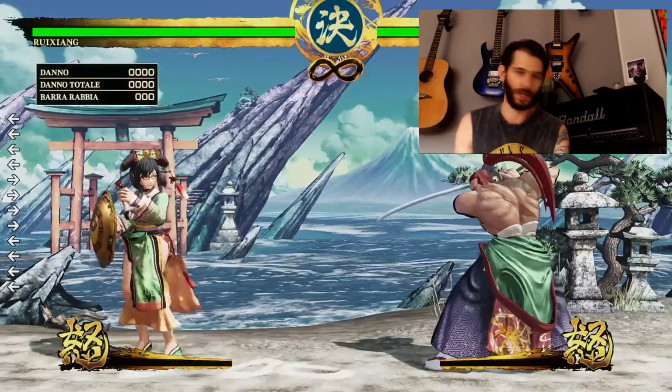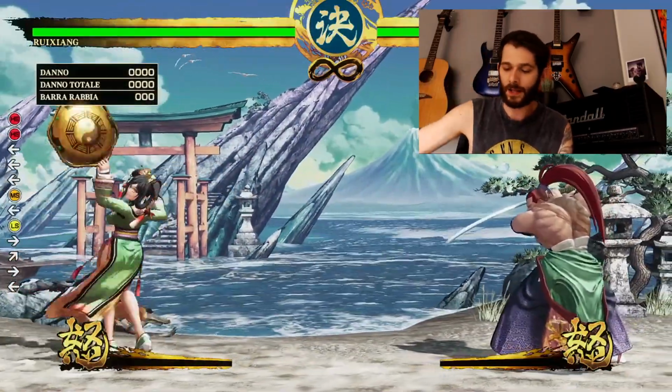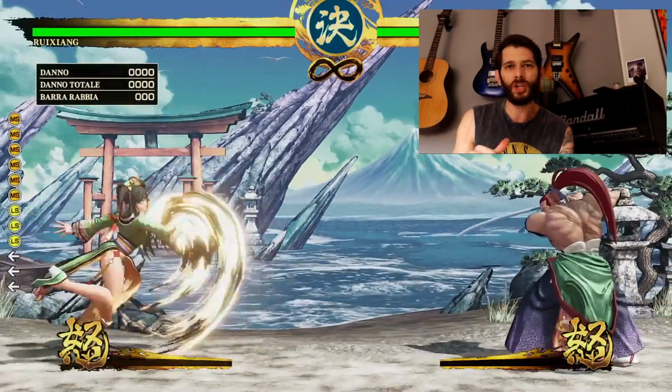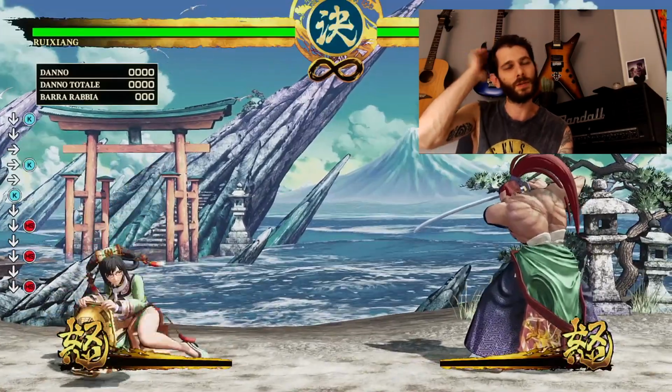Okay, it's a magic shield. Okay, fine, but I prefer swords. And she looks a bit dumb. Her reach is really short. She has some good potential with her